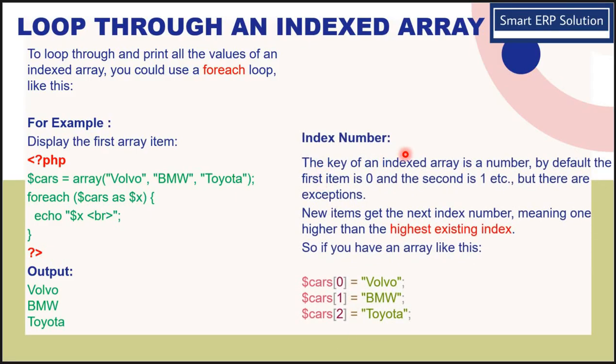Index number. The key of an indexed array is a number. By default, the first item is 0 and the second item is 1 and so on. But there are exceptions. A new item gets the next index number, meaning one higher than the highest existing index. So if you have an array like this: $cars 0 Volvo, 1 BMW, 2 Toyota,